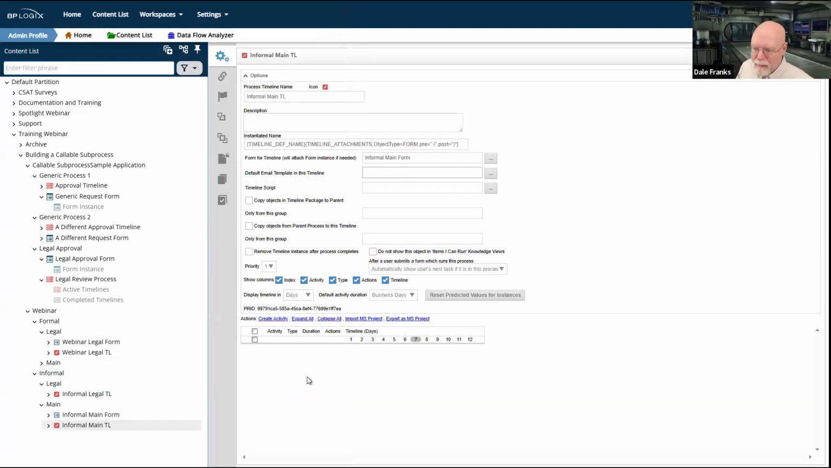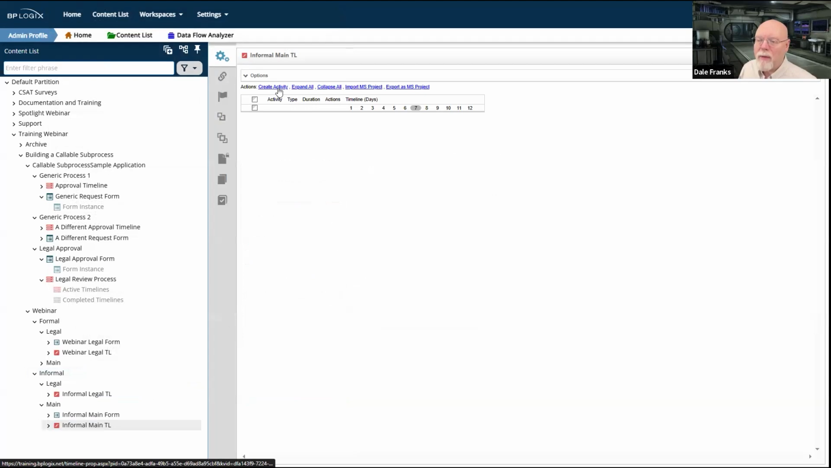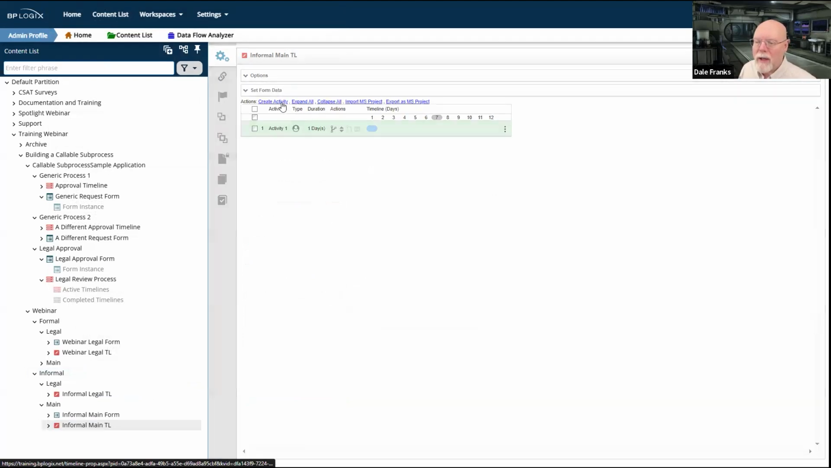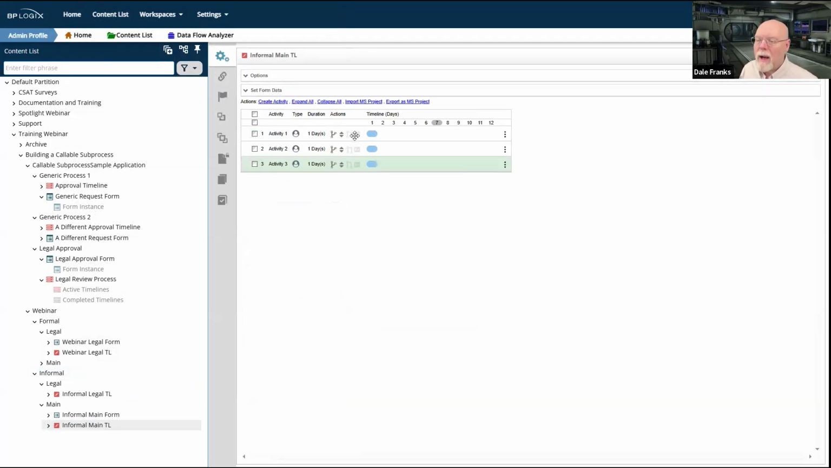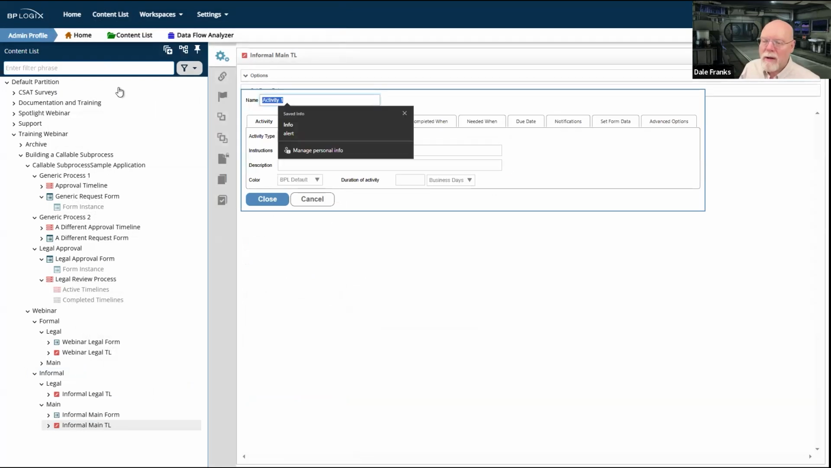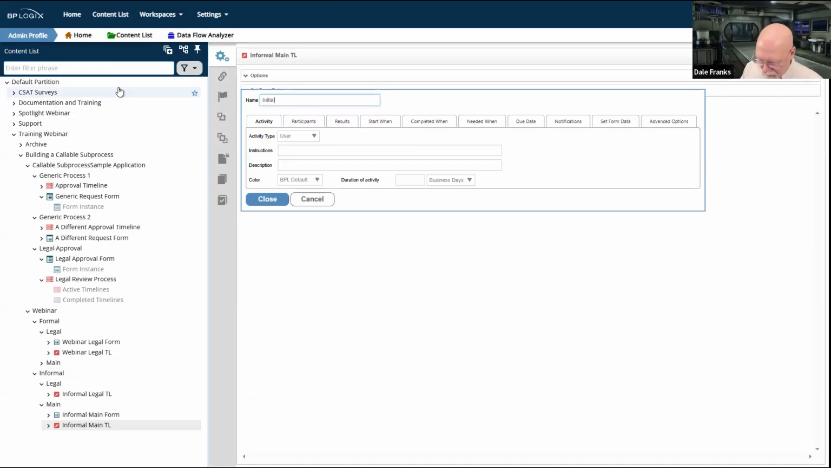Normally, of course, I'd have a default email template and whatnot, but right now we only need to worry about the form. And now I can create some activities. I'm going to create 3, and I'm going to set their dependents like that. And I'm going to call activity 1 initial main,